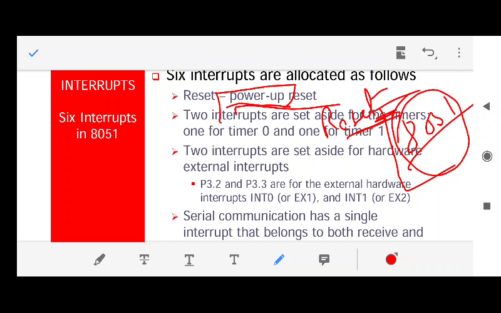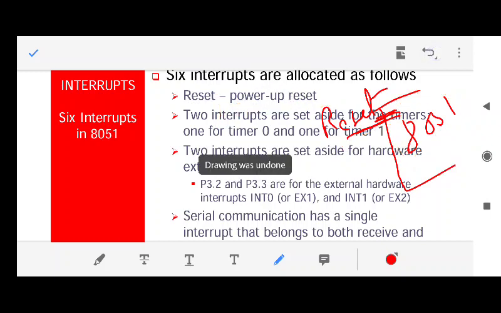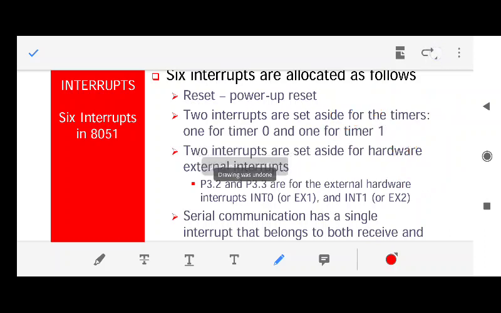I'm again explaining. Whenever a signal is encountered on the reset pin, what will happen? Whatever the 8051 is doing, it will stop doing that, and it will start in the same state, the state it was in when it was powered up. Fine. So this is known as the reset interrupt. We'll again go through this after this slide.